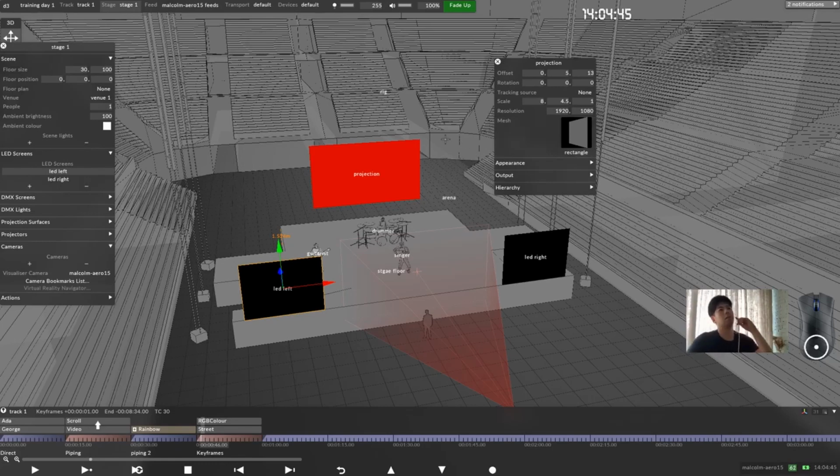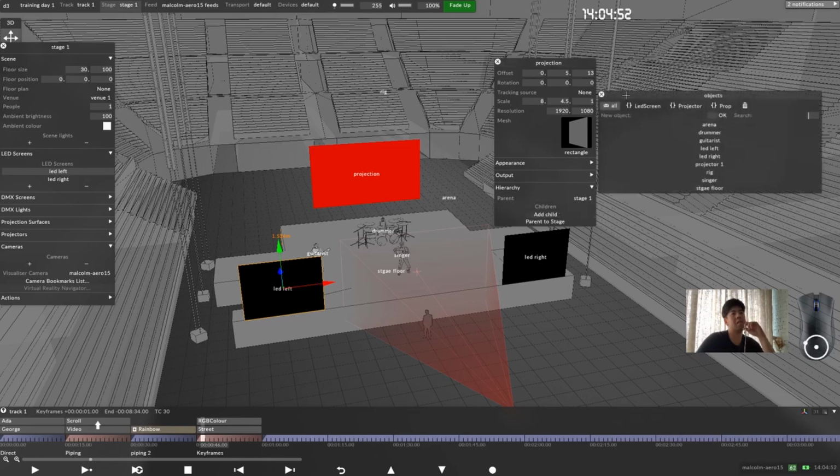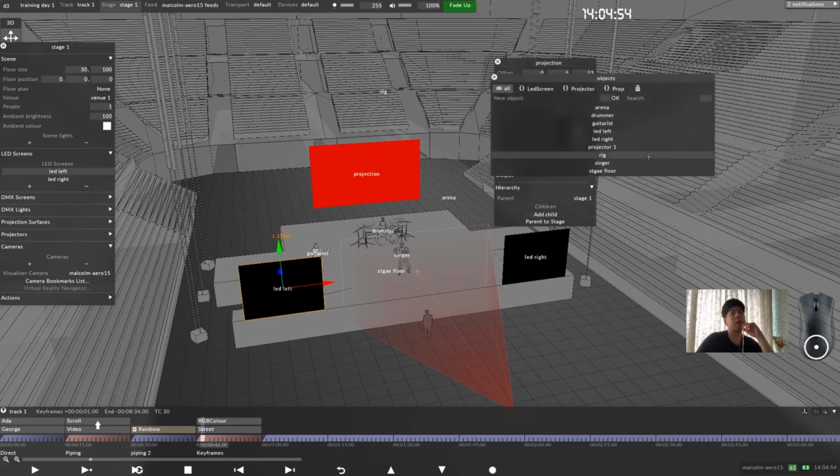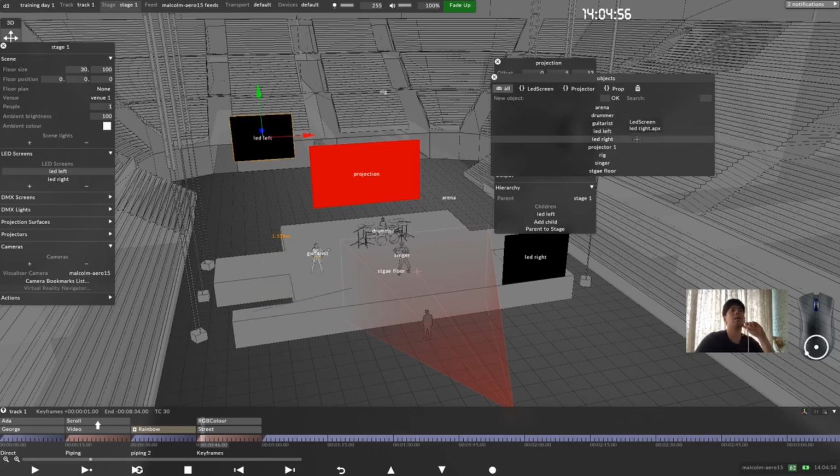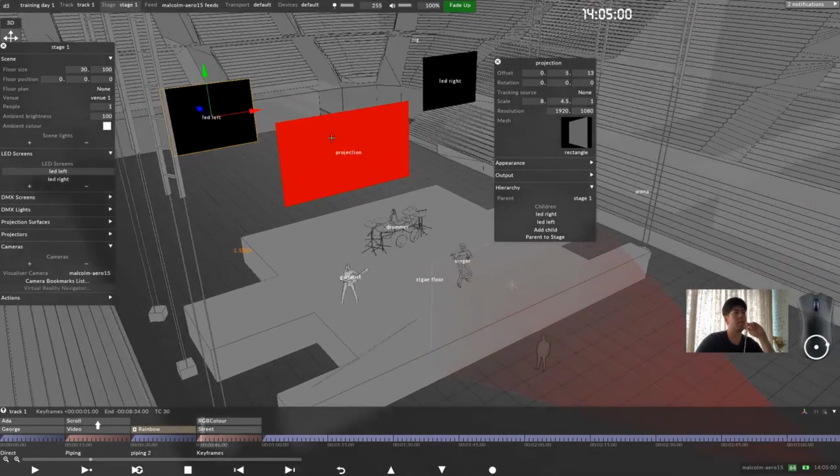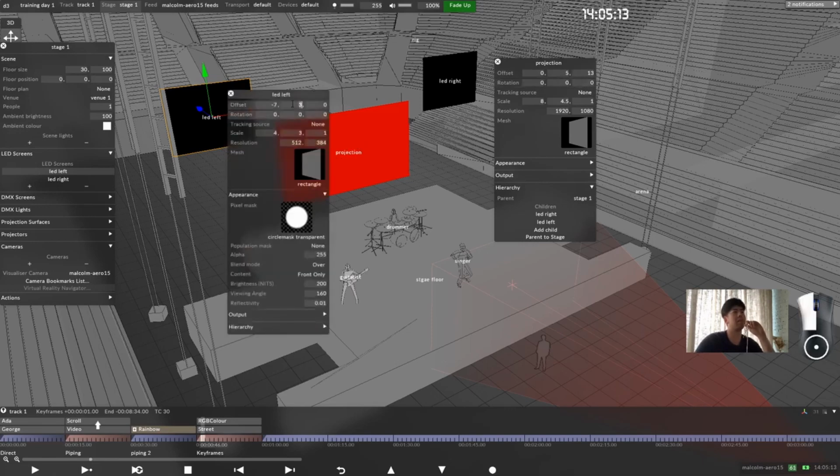Okay. By doing this, it's just a hierarchy thing. Just go down to hierarchy, add child, then I'll add in left and right. Okay, so the origin of the LED screen becomes, we'll be taking the 000 coordinates of the projection screen. Okay, meaning if I put this to 0,